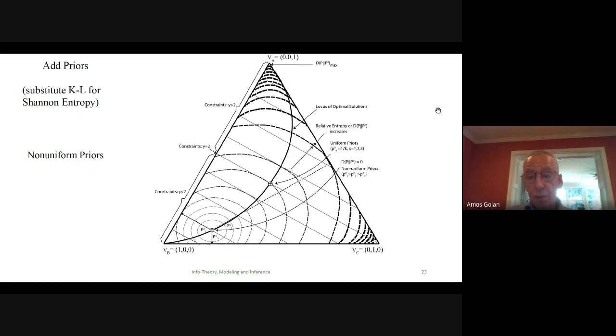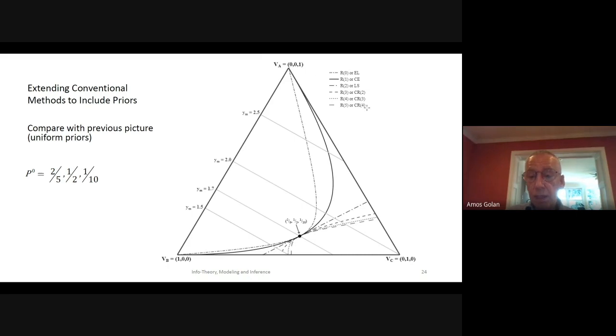I'm going to skip this because I want to get to the example, but this is the case where we have priors that are not uniform, to show that, of course, it will affect the solution. And then we can do the same thing here: we can introduce non-uniform priors, and under this approach we can actually apply it using the least square, or any other approach. But again, you see that each one will give a different set of possible solutions.